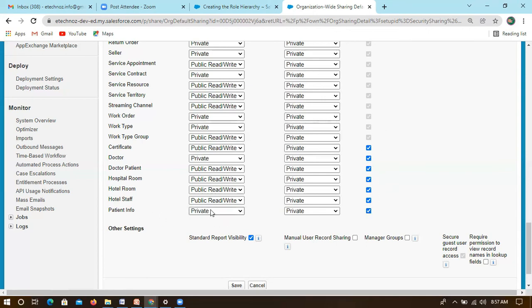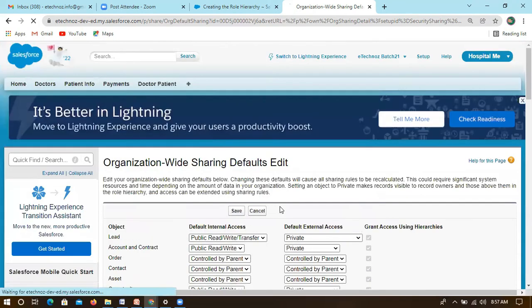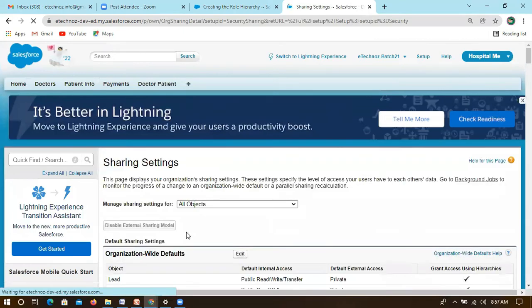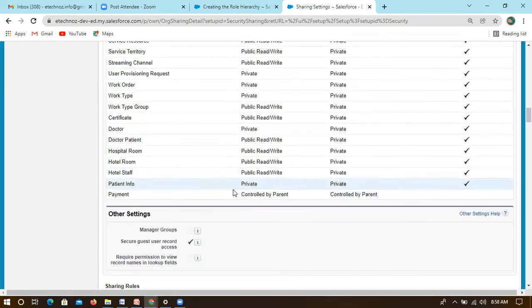And second, at object level also we can control. So I want to put this as private. Save this one more time. Now we can see it is private and this is also private. And this role hierarchy we have also set, so that the below levels, let's consider I have created multiple users as downline to the VP of sales, those users' information they can access.